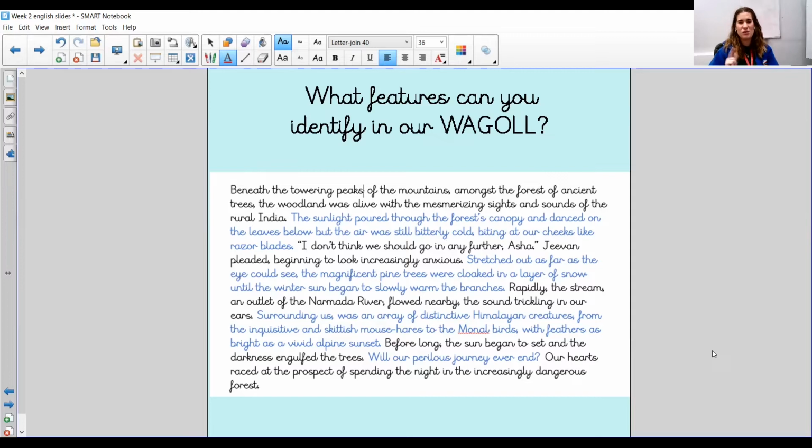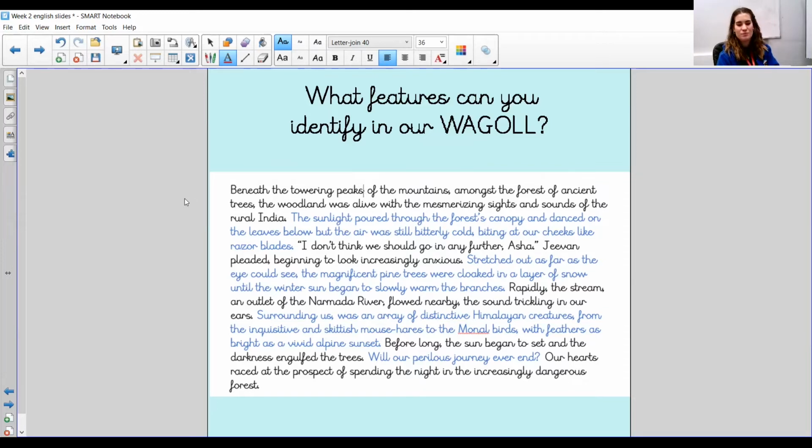Hopefully some of those features that I just talked through you were able to identify as well, and hopefully you are feeling very inspired to write your own setting description, because this is a setting description that I wrote, but I followed our structure of bad waivers, which is what we're going to do later in the week. So all of us are going to be able to write a setting description just as good or even better